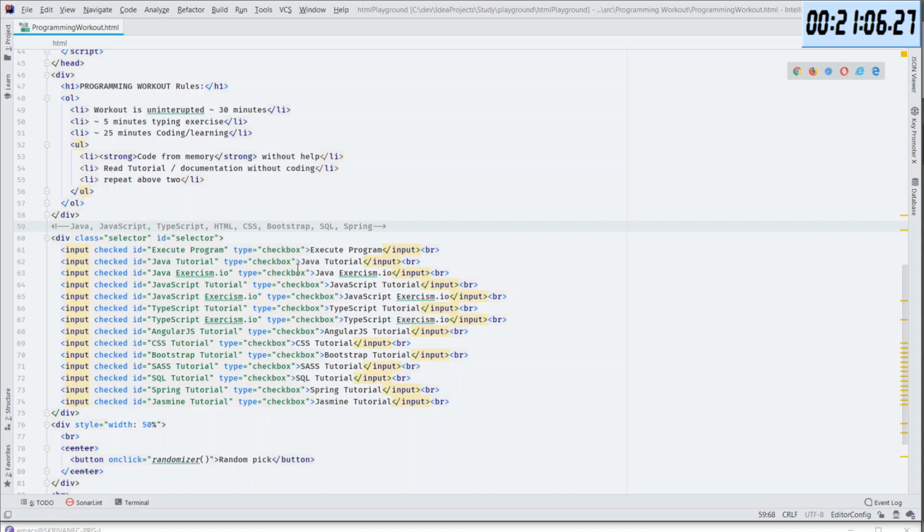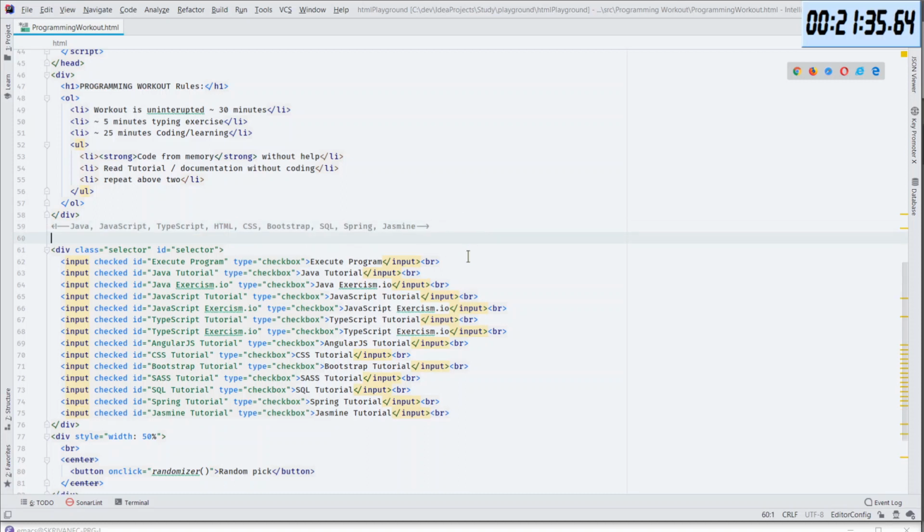Oh my god, there's so much. Jasmine. Okay, so Spring belongs to Java. Jasmine is JavaScript. SQL is by itself. The Bootstrap could be HTML and CSS and so on. So we will have these categories, I think.